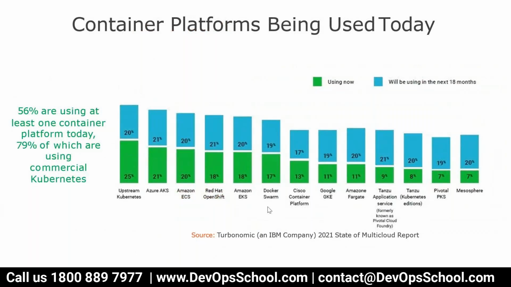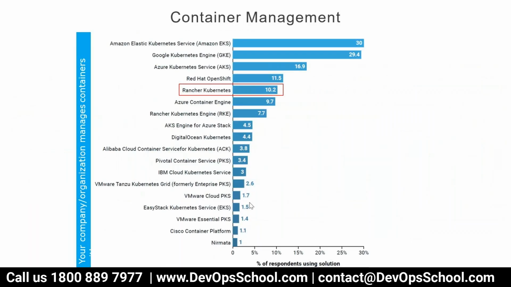Look at how many people are using container management systems. This is where Rancher comes into the picture. There are so many software available. I talked about OpenShift, Rancher, and PKS. Others are also available, but